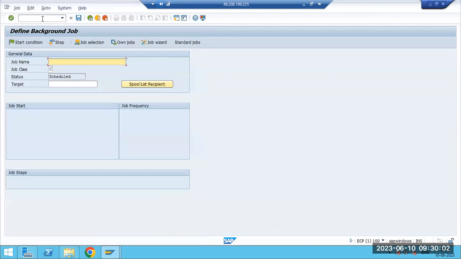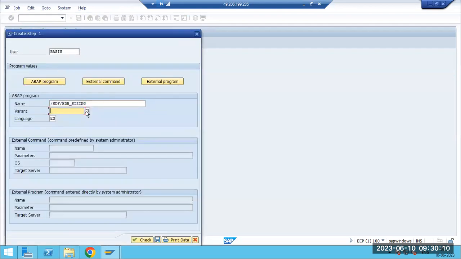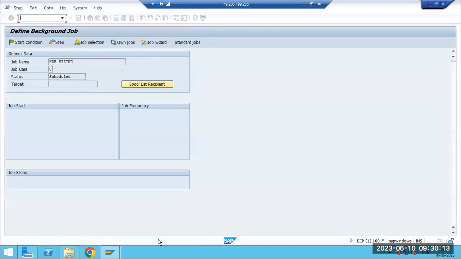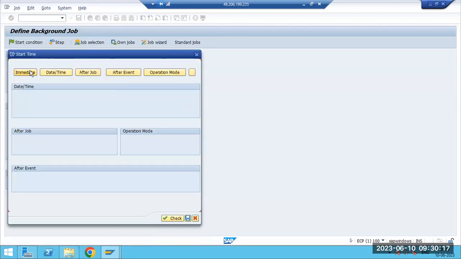From 36, HDD sizing, about like ANA sizing report. This will take longer time. Is there any variant? Nothing is there. Check that one. Go back. Start condition. So